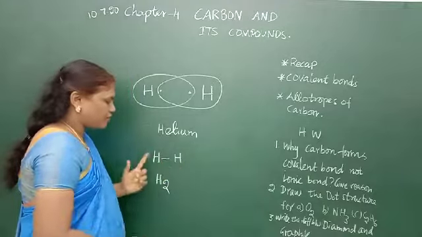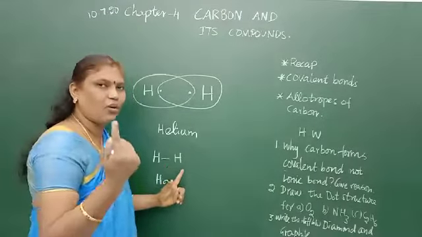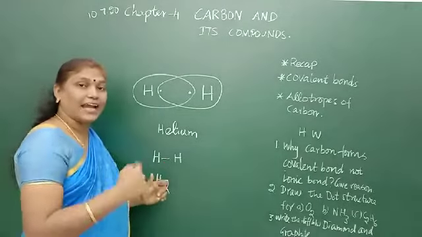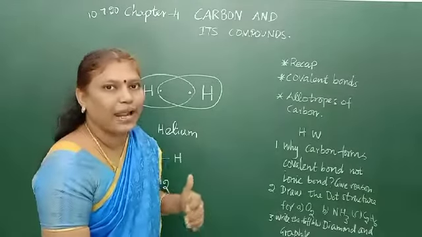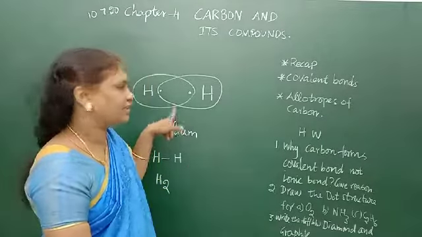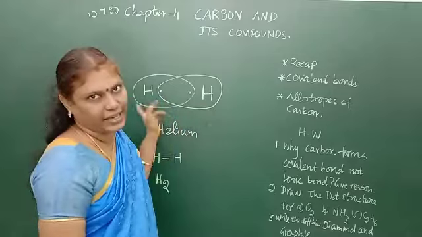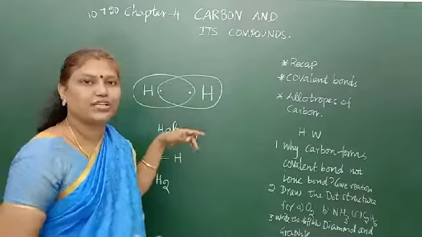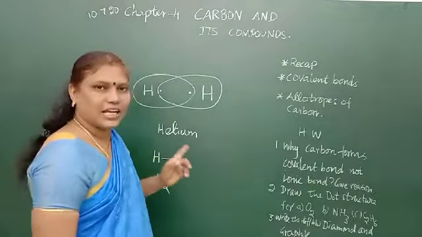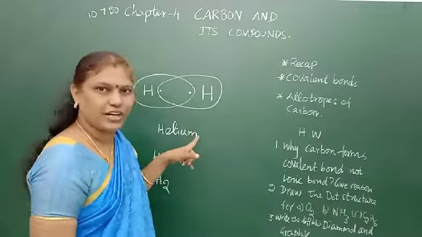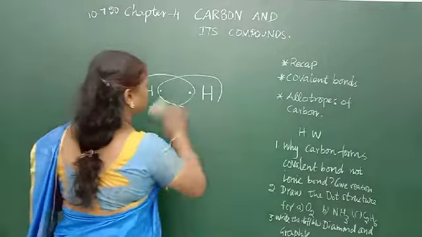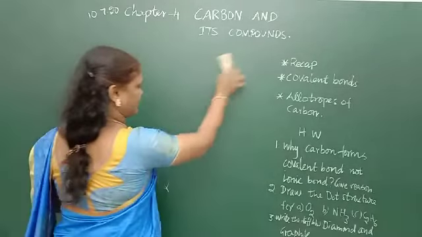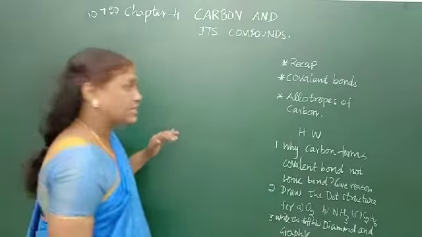So the bond between hydrogen and hydrogen is 1 single bond, and it can be called a covalent bond. Why is it called a covalent bond? Here sharing of electrons takes place. It is also sharing 1 electron. This is also. So this is called mutual sharing of electrons. Shall we see the next structure? Yes. This is the first example, and we have seen only a single bond.